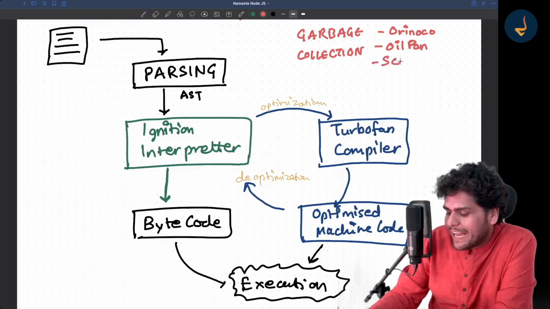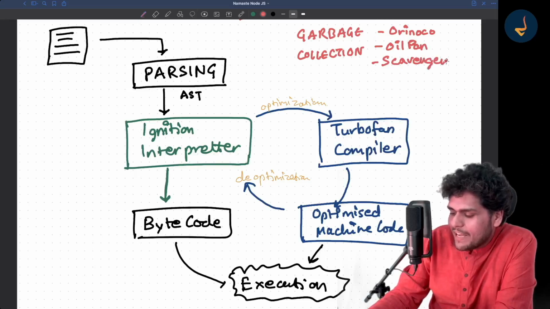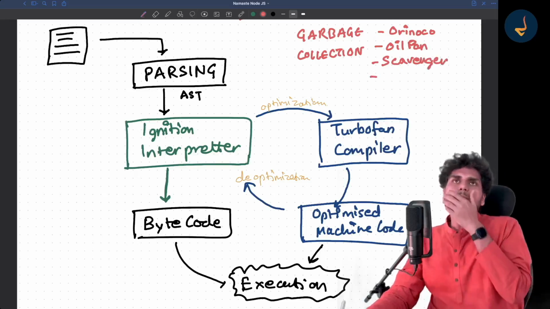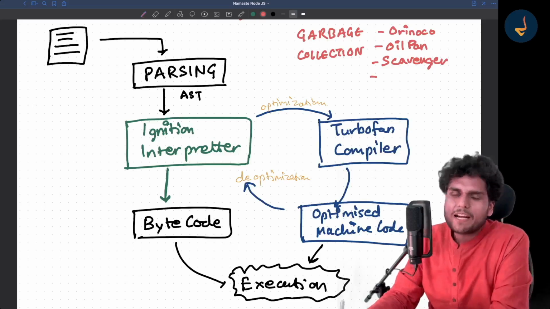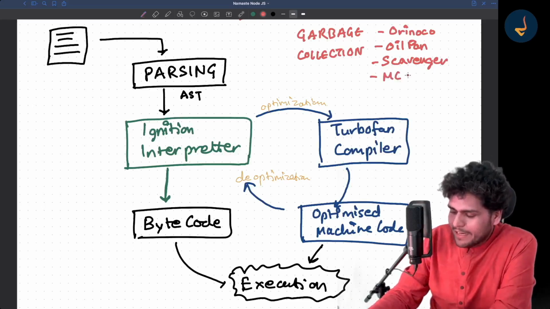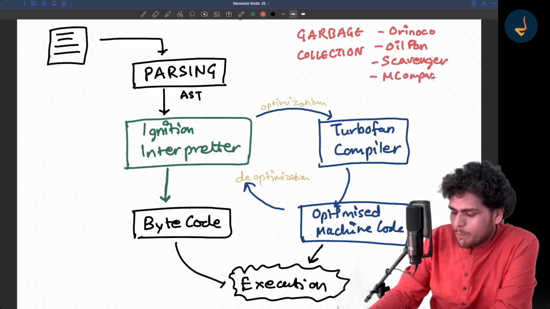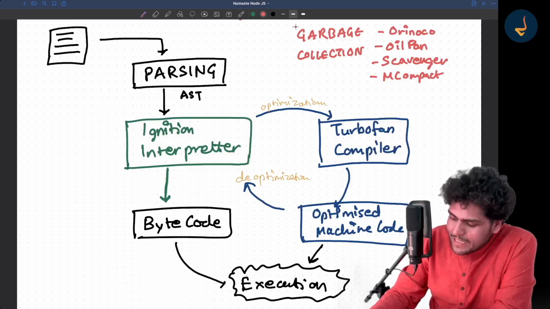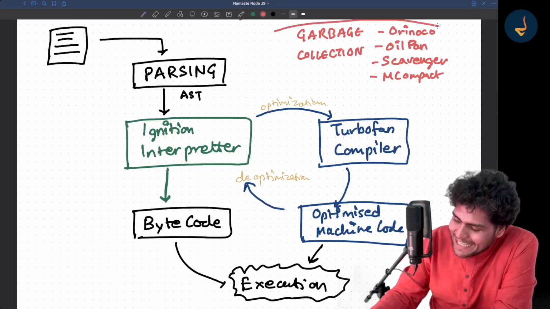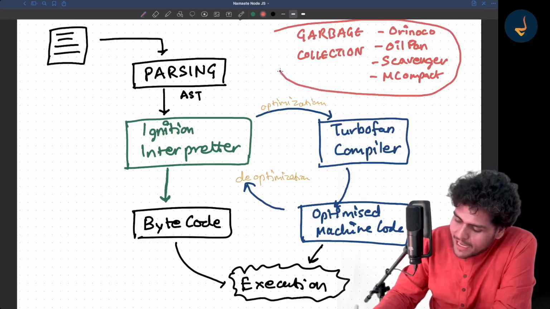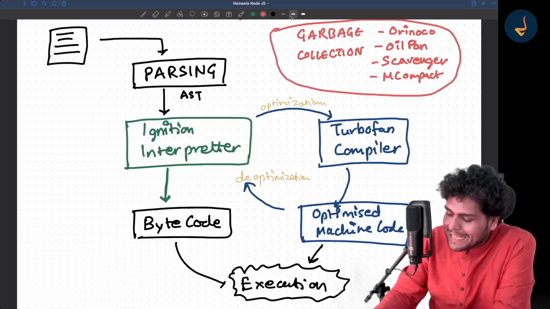One is known as Scavenger. And there is something known as, I don't remember the name actually, Mark-Compact or MC something. MC garbage collector, Mark-Compact, I think. So these are the things which are happening inside garbage collection, behind the scenes.